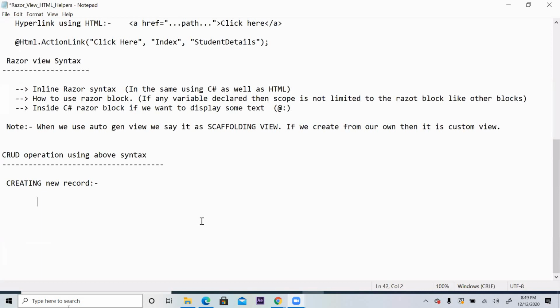If I ask you the steps of approach, obviously it will be: first is stored procedure, second will be repository, third will be abstraction, means interface, fourth will be controller, and fifth will be view, isn't it? This will be the sequence of development.